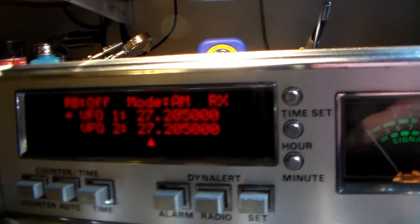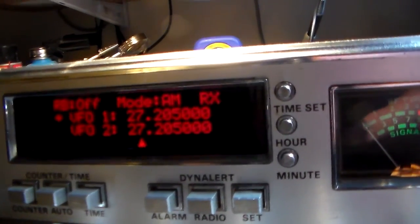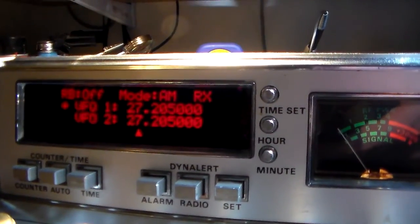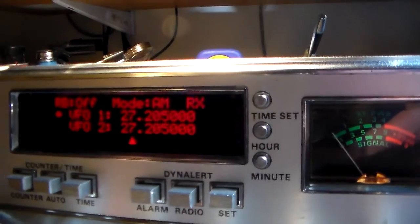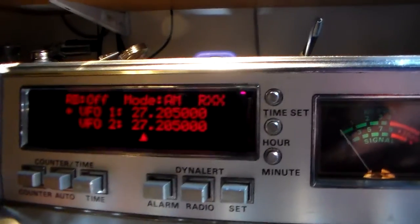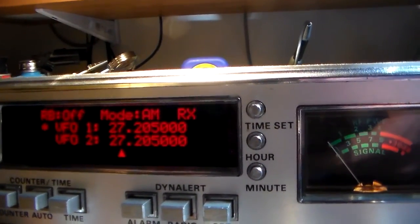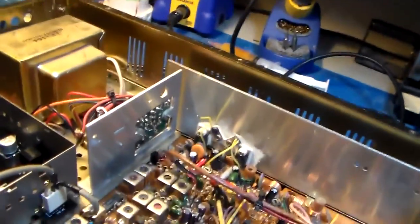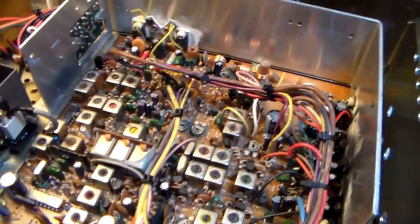So what I just do now is I just blank it and hold it in reset. Of course, when you bring the radio back up, it just redraws the entire display as it comes out of reset. That's why you can see that weird glitch going on there. When you power it off and power it back on, it's not there anymore because the display was completely redrawn. So it's just one of those little software glitches. Other than that,